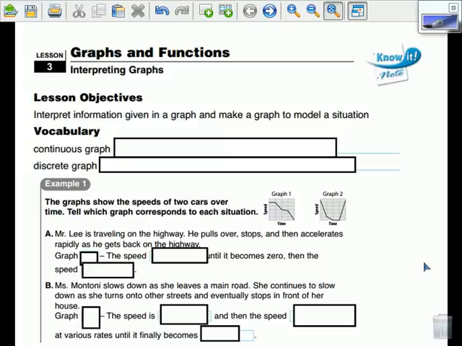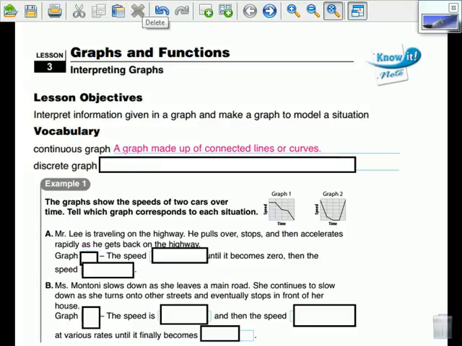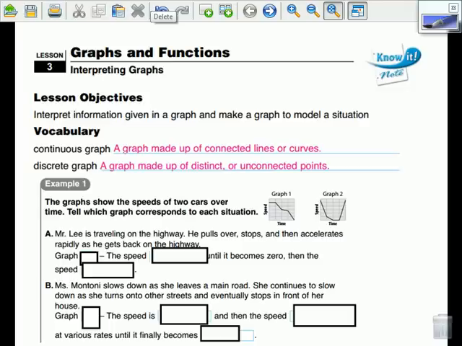Lesson 3 is interpreting graphs, and we're going to interpret information given in a graph and make a graph to actually model a situation. We have two kinds of graphs that we're going to look at. The first is a continuous graph, and that's a graph that's made up of connected lines or curves. So in some cases you'll plot the points that coincide with the information given, and then you're going to connect the lines or make a curve. And then we have a discrete graph, and that's just a graph that's made up of distinct or unconnected points. It wouldn't make sense in this situation to connect the points,